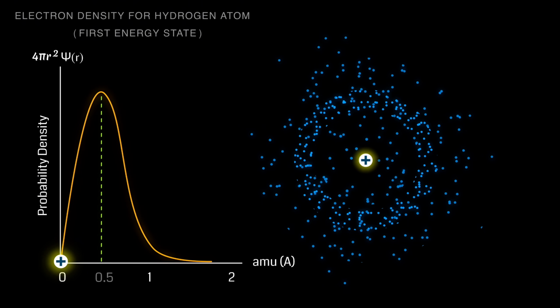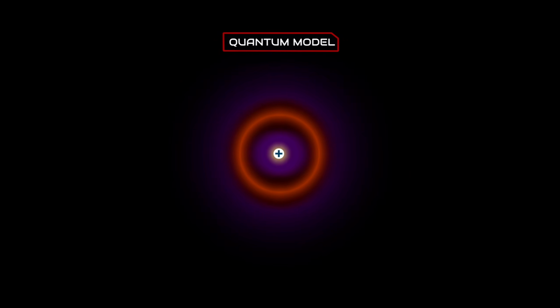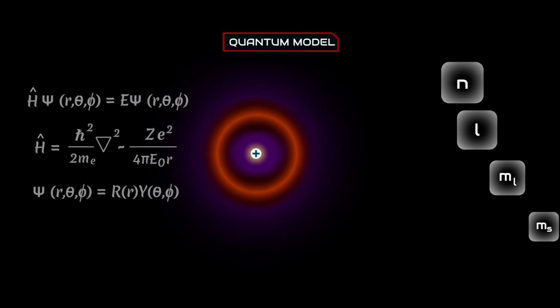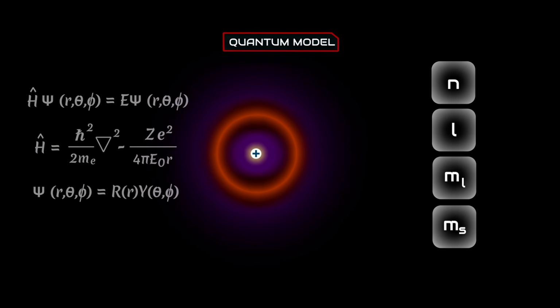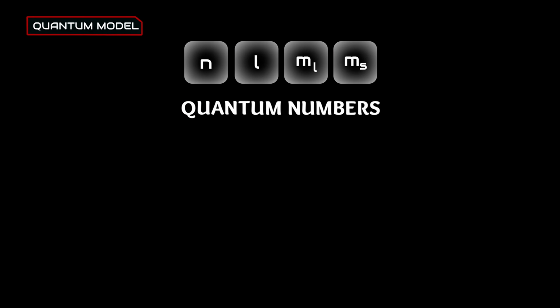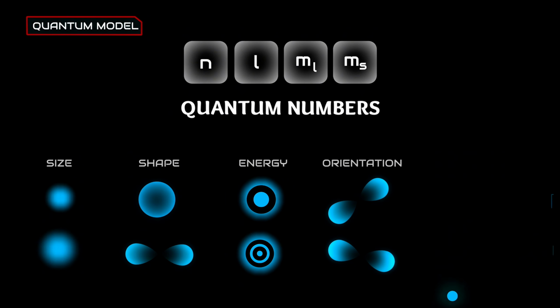This diagram represents where the probability of finding the electron is highest. From this, we see that the probability density is greatest near Bohr's radius. But this is a quantum model, and it doesn't just tell us where an electron can be found, but it gives a proper description of the electron's behavior. When we solve the Schrödinger equation for an atom, a new set of values emerges to explain electron behavior. These values are known as quantum numbers. Quantum numbers provide critical information about an electron in an atom, such as its size, position, shape, energy, orientation, and spin.